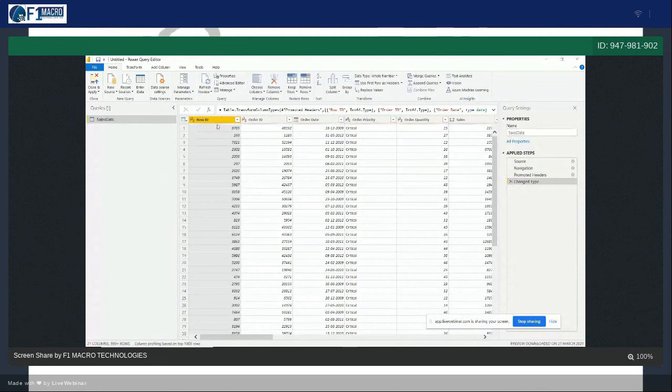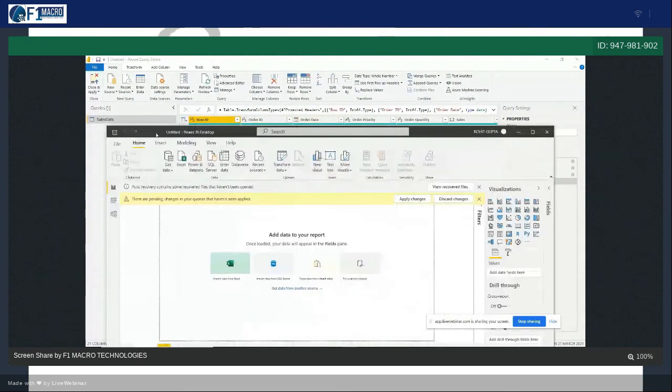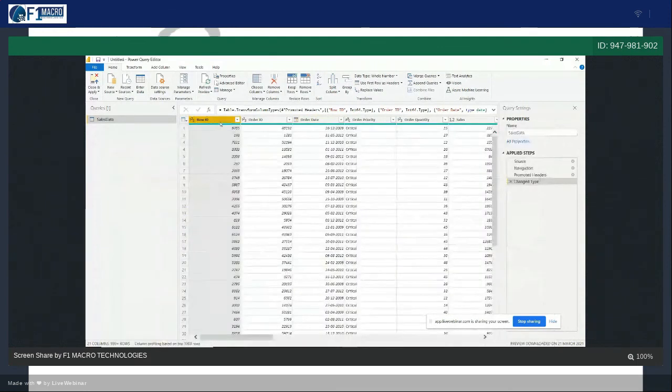Fine. And you have to check whether these headers are correct or not, right? When you import data from multiple sources, sometimes you will see Column 1, Column 2, Column 3, Column 4, and under the first row you will see Row ID, Order ID. If you see such scenarios, you have to use first row as headers. Use first row as headers means it will promote the first row as headers. Column names should be correct, and column data types should be correct.